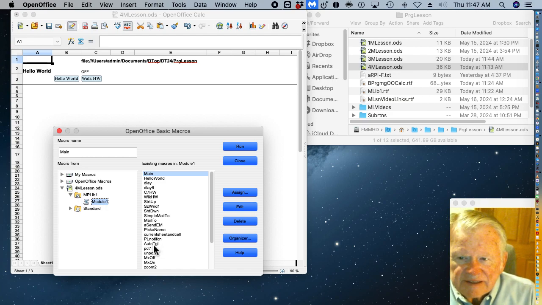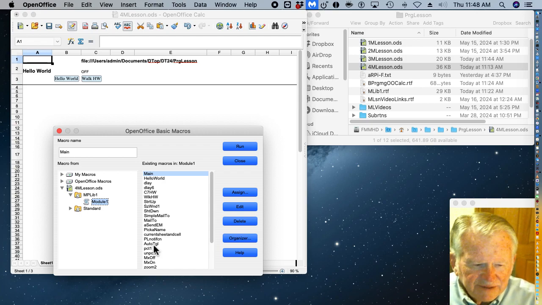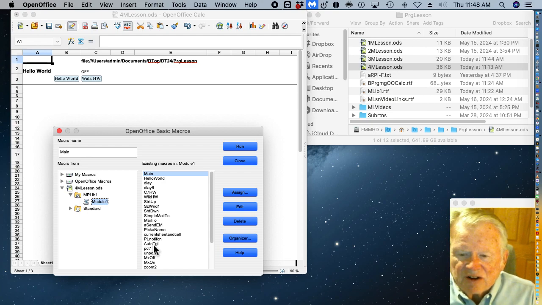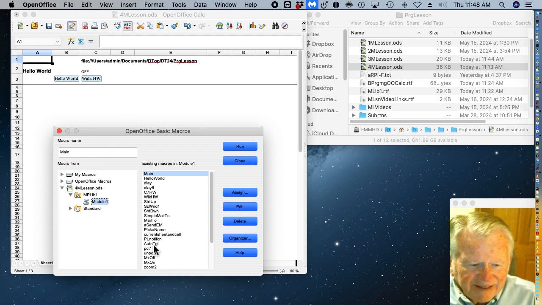Auto toggle. If you want to automate this entire thing, from starting up the application to running a series of routines within the application and then shutting it down, auto toggle is used to toggle between making that happen and not making all of that happen. Then there's protect sheet, unprotect sheet, basically protect sheet 1 and unprotect sheet 1,